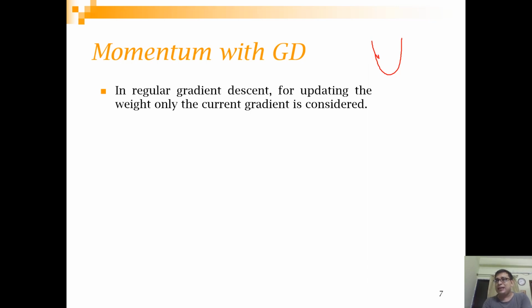But let's say there is a person who is simply walking very slowly over here, and there is another person who is actually running down. Our gradient descent will not differentiate between them, because it doesn't consider what speed it has reached there. In other words, it doesn't consider at what speed you are there. Momentum tries to bring in that flavor. Let's see that from a mathematical intuition now.